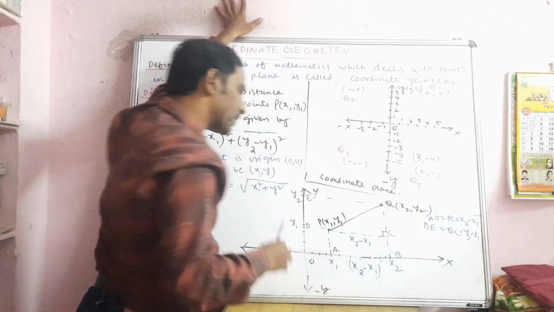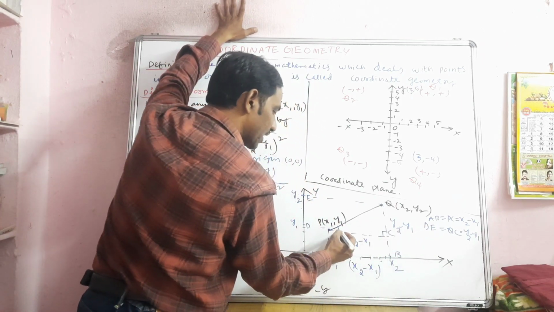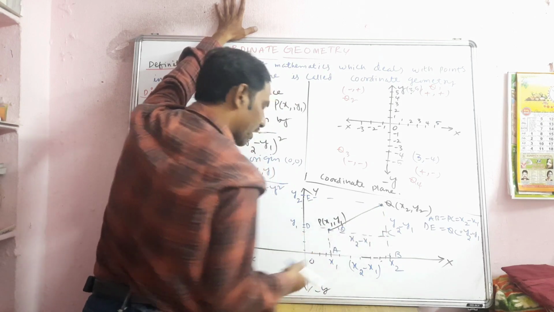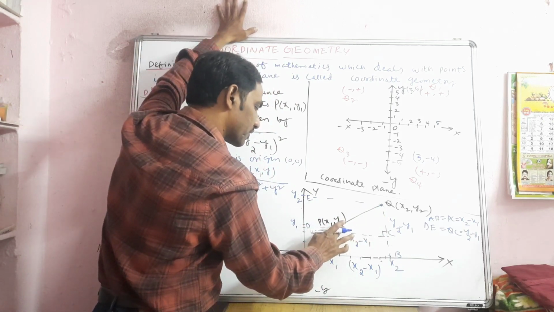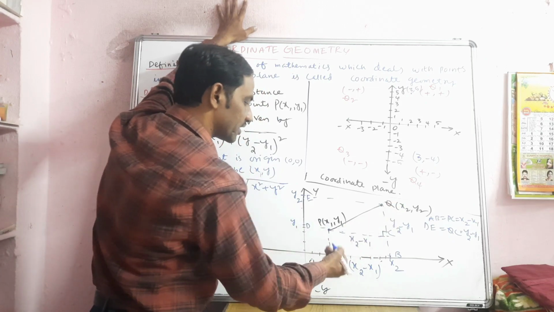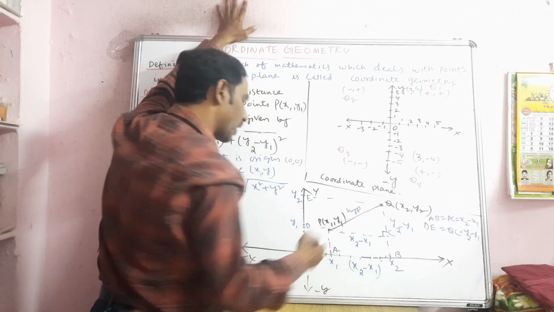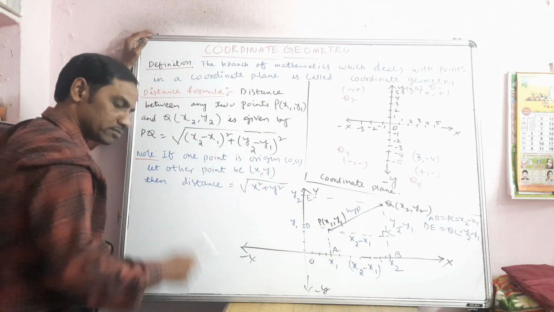So if you apply the Pythagoras theorem here, what is the Pythagoras theorem actually? For example, here the angle is here, but the angle is not required actually. Okay, let us forget about the angle. Now let us consider this as the adjacent side and this as the opposite side. Now see, this is the hypotenuse. Now according to the Pythagoras theorem,